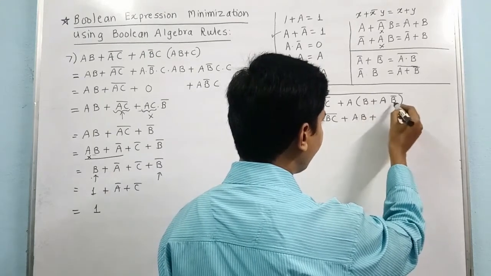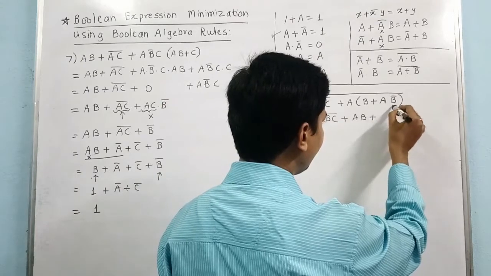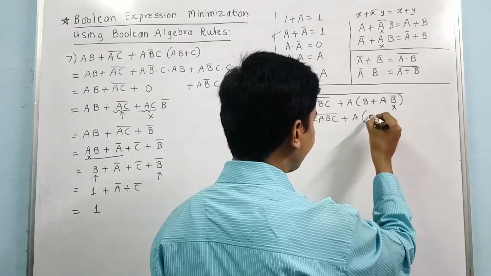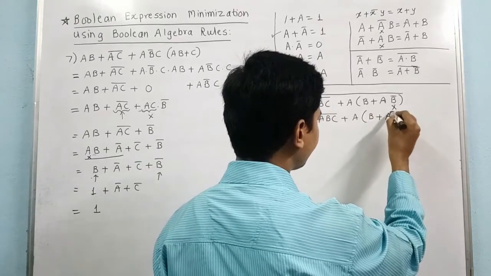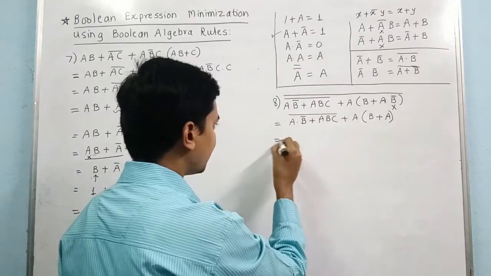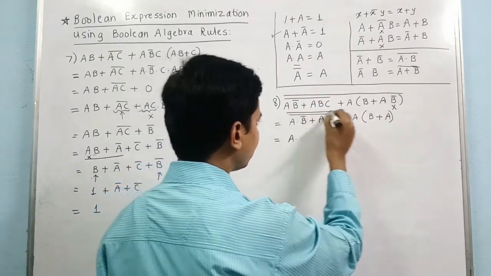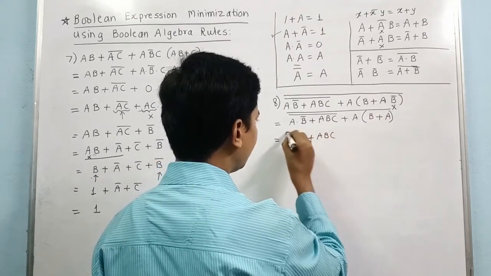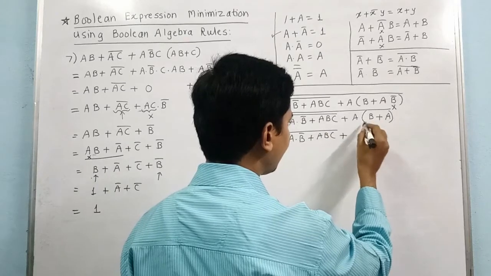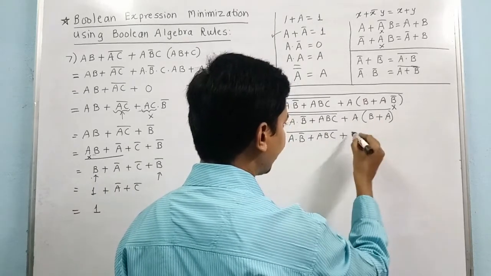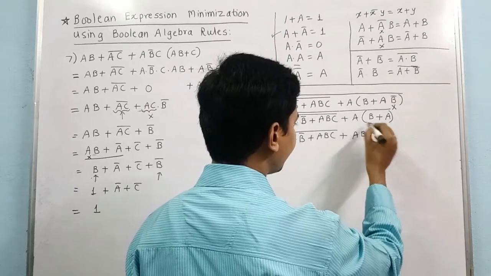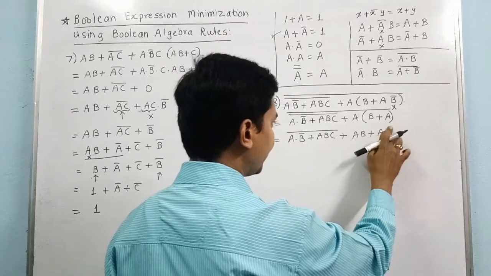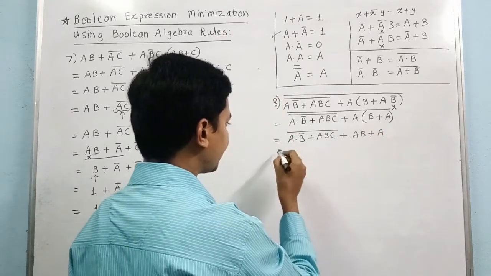So here b and b bar are there, so here b bar will be cancelled. Okay, so what remains inside? B plus a. Okay, now further, a dot b bar plus abc whole bar plus, and now I can multiply by a into the bracket. So what remains? A into b plus, now a into a is what? A dot a is always a. So I will simply write here a. Okay, I will save the next step.